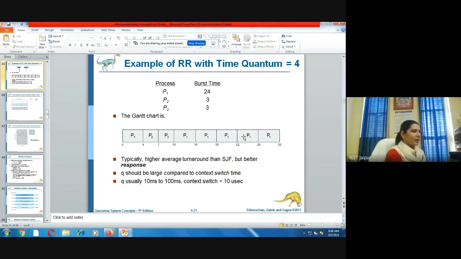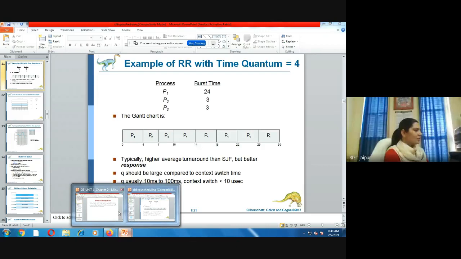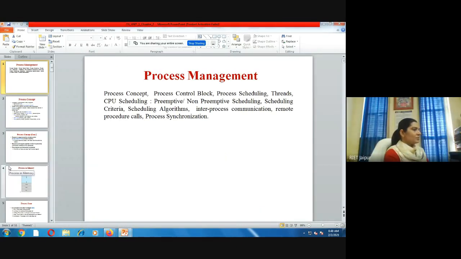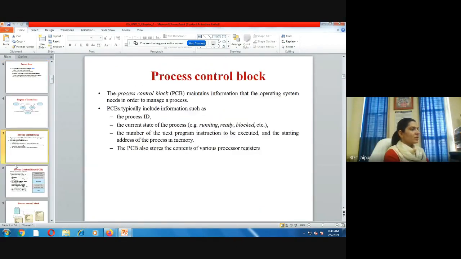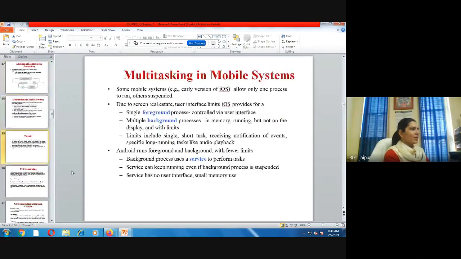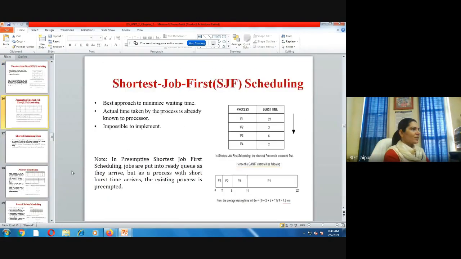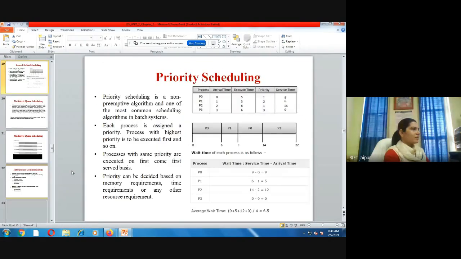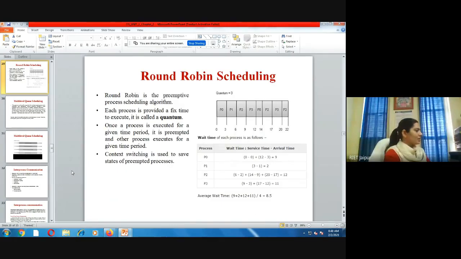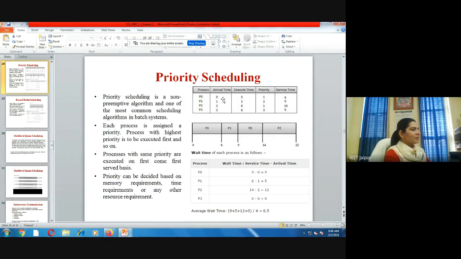But you can have a look at another process scheduling example of RR scheduling. This one is the example; you can take this example. The data you can take: arrival time is given, execution time is given. The arrivals of P0, P1, P2, P3 are given as 0, 1, 2, 3, and their execution times are given. So just have a look at this slide.